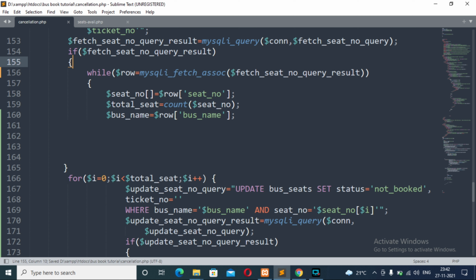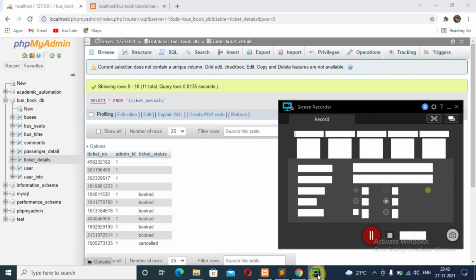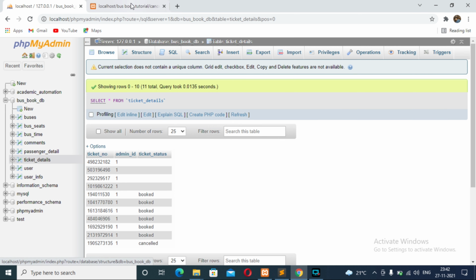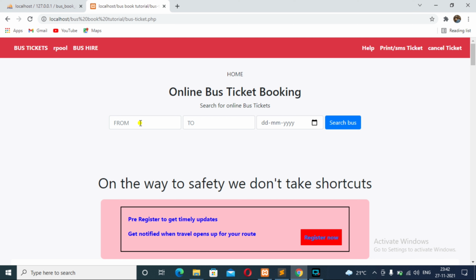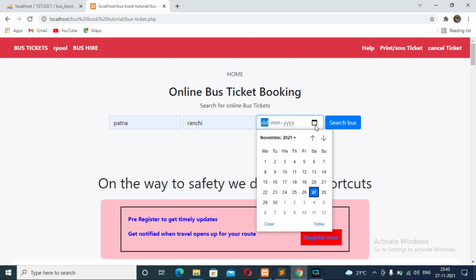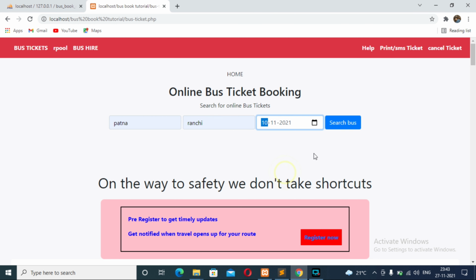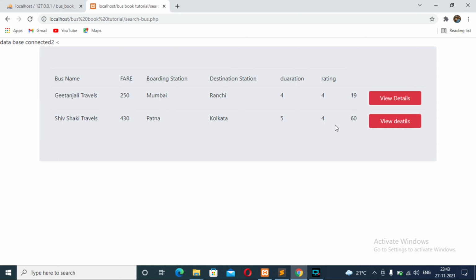So save it and see the changes. Come here on the bus ticket page. First I need to book seats using some ticket number.